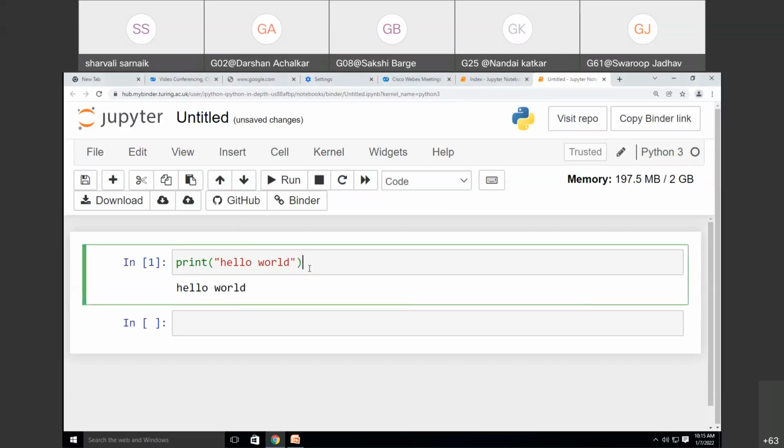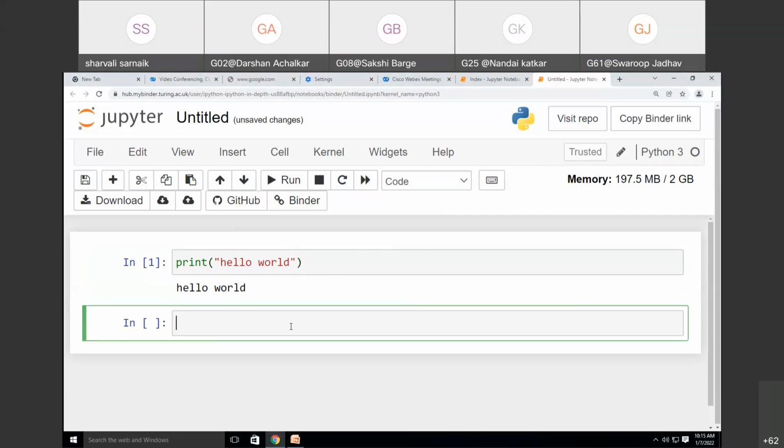Now let's take another example. I want to print, hi, I am Sharvali. So again, I'm going to the next line and writing print inside the brackets. You can use double quotes or single quotes as well, but the quotes are important.